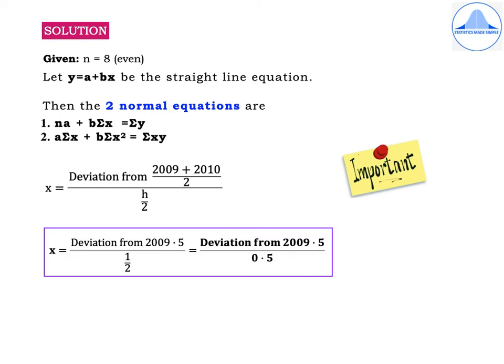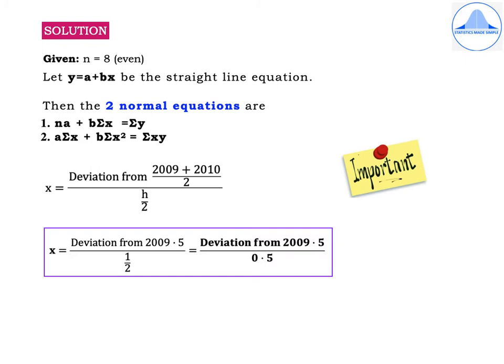Also, when we calculate summation y, we get the total as 734 in the table. Next, calculate x square, that is minus 7 whole square is 49. Similarly, minus 5 square is 25. Then you get 9, 1, 1, 9, 25, 49. And summation x square is equal to 168.